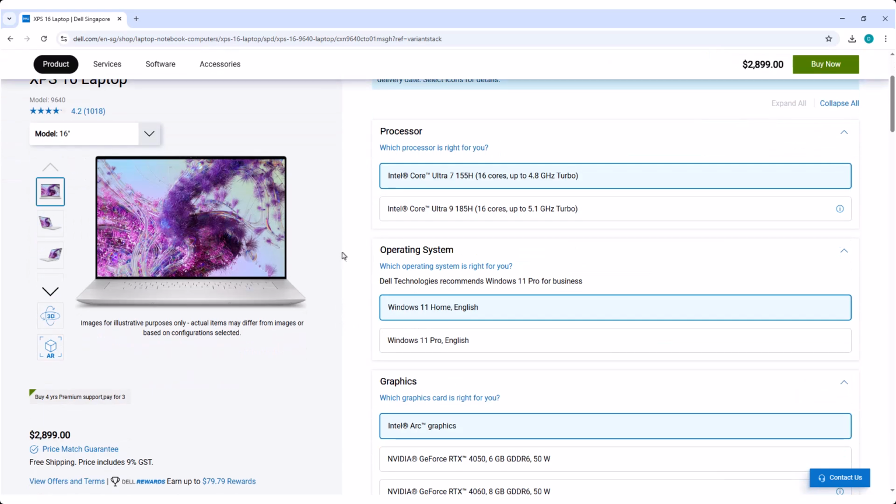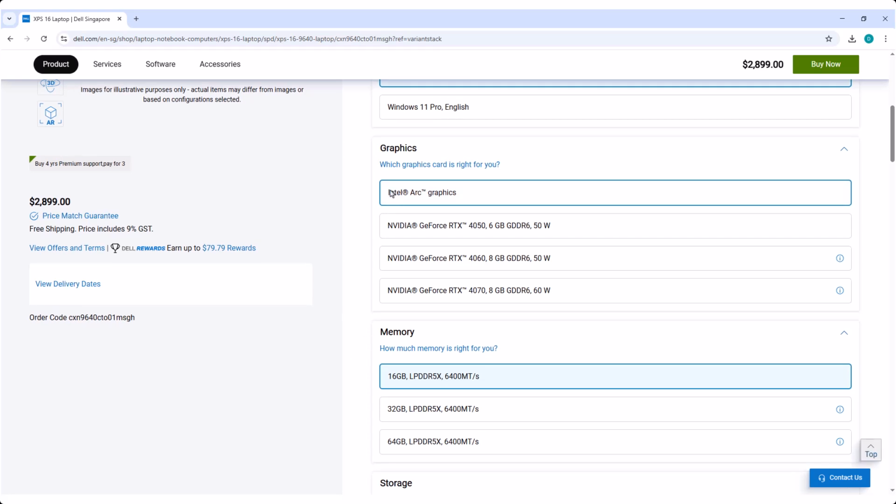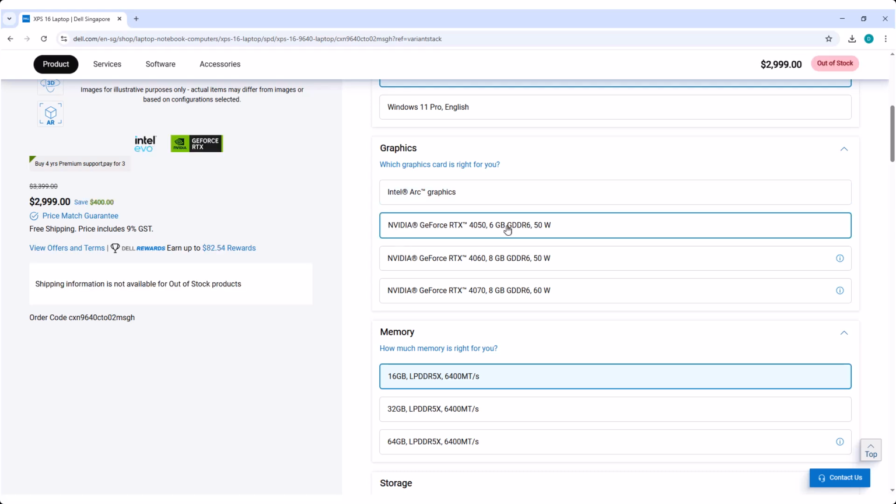So the basic config, the processor, we've got an Intel Ultra 7 155H, that's the model number, 16 cores, so we've hit our minimum 10 cores, and that's a really beefy processor, so no problem at all there. Let's have a look at the graphics card, and these are listed in increasing levels of performance. I think the Intel Arc graphics is a little bit basic. I think we'd want at least the NVIDIA 4050 graphics card if we were